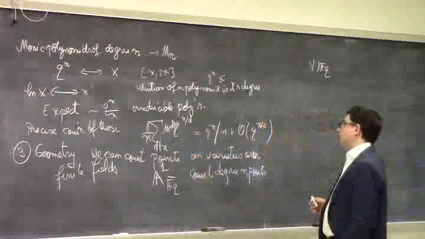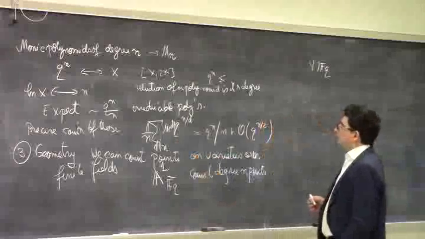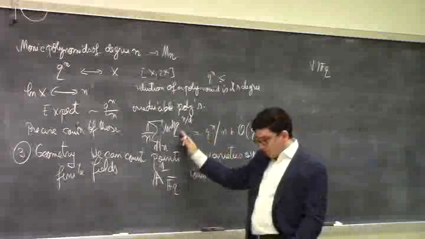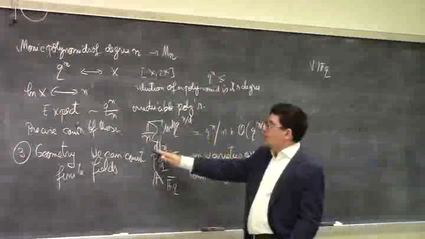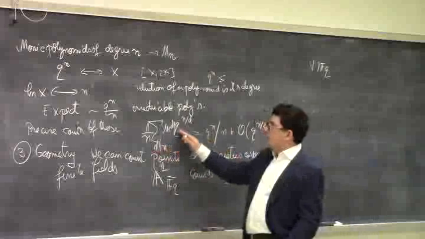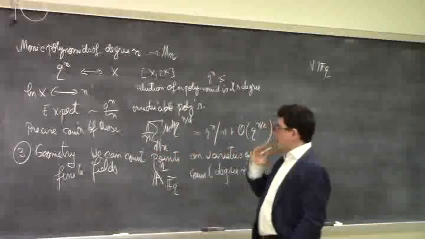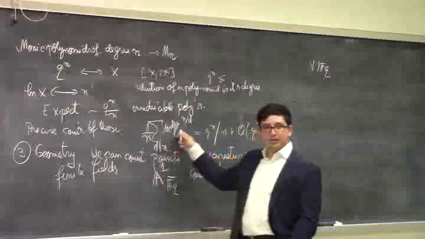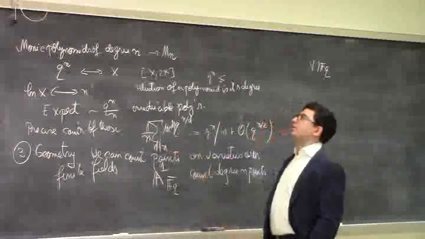So let's see. You would have to sum up all these bunch of things. And the idea is, if you have a number n, if you sum up all these things, the idea is, I already know that if I sum up over divisors of n, I'll get q to the n. So the idea is I'll get